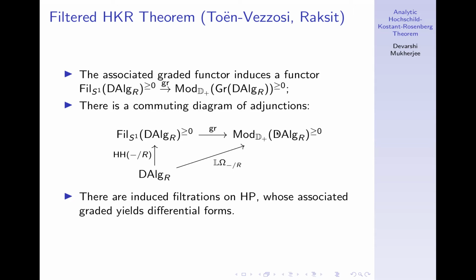And then this diagram commutes. So in other words, the associated graded of the Hochschild algebra on some simplicial commutative algebra gives you the same thing as the derived de Rham algebra. So, and here